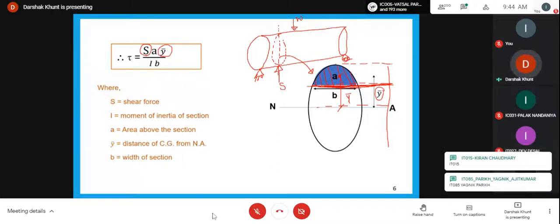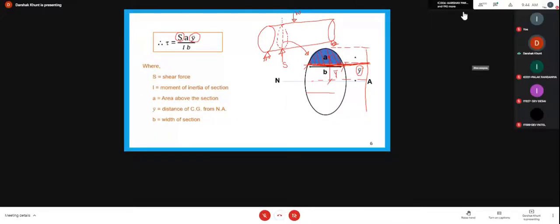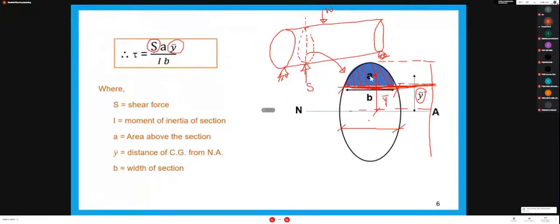So here the particular width is this. If we consider any section here, our width becomes this B. If we consider a section here in the bottom portion, the width decreases and becomes this width. So according to the level of that section, the width is different. So if you have to find the shear stress here, the width is considered accordingly. All these terms are defined, and then you get the shear stress value here.